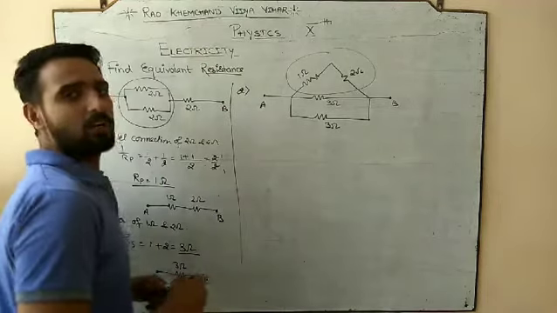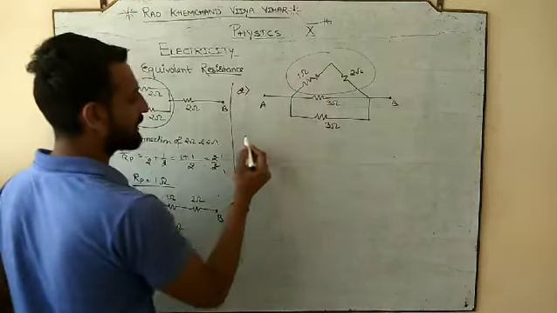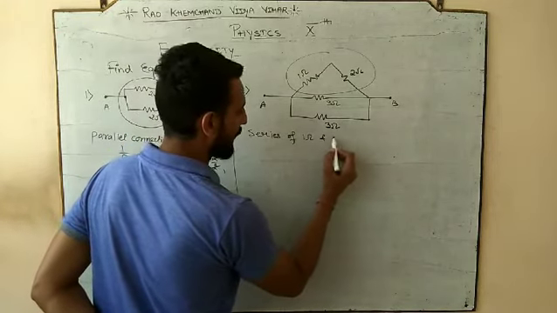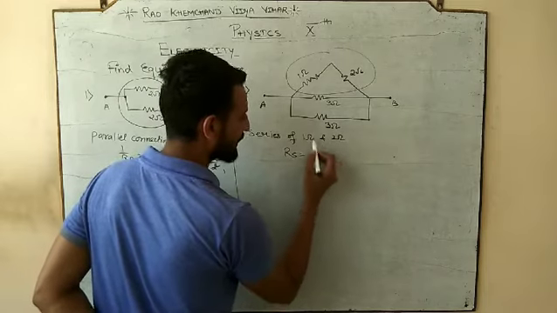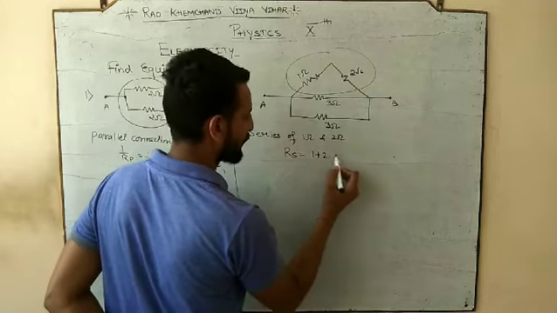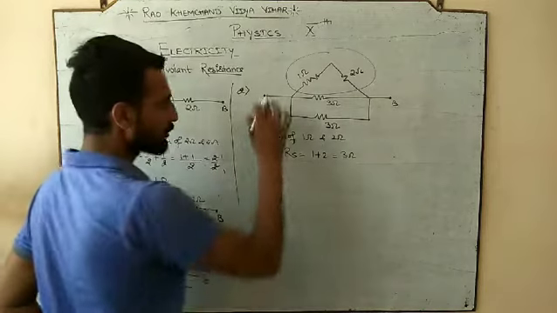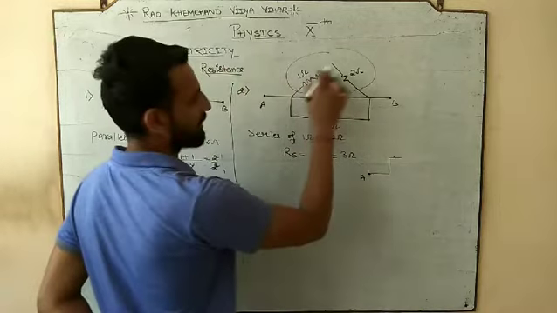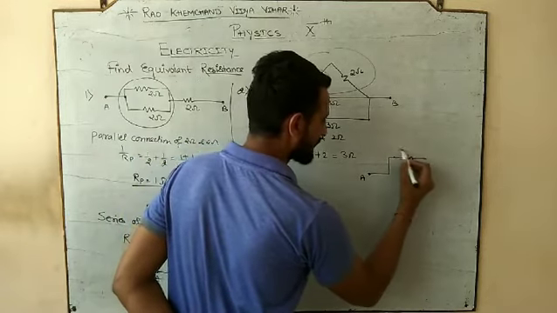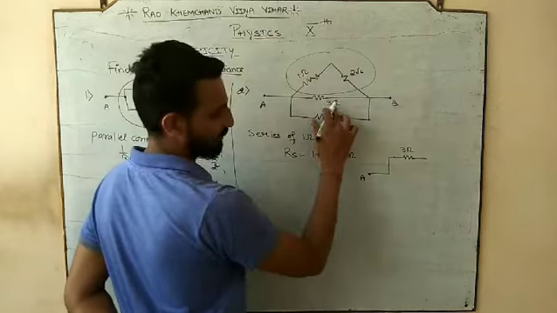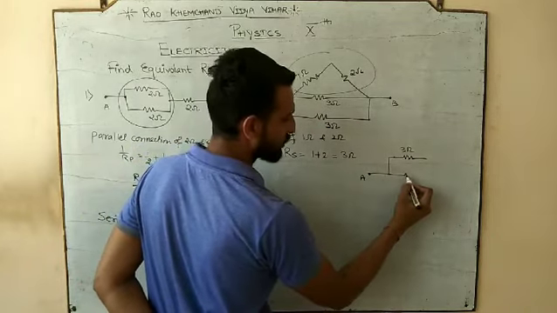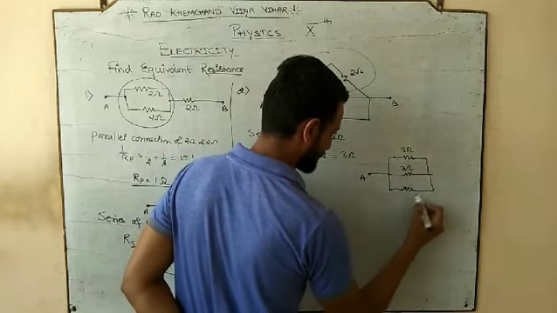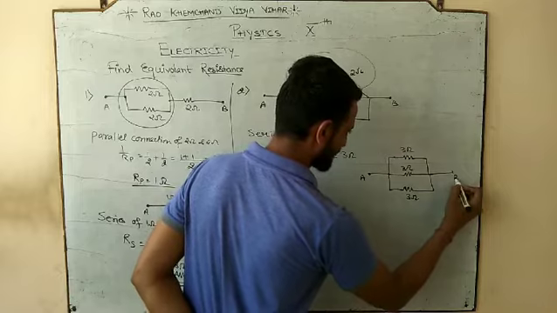So what are we going to do here? Firstly we are going to do the series connection. So what? Series of 1 ohm and 2 ohm. So what is the series? R1 plus R2. So it would be 3 ohm. So we will again redraw the diagram. Now, what is the result of 1 and 2 ohm after the series? This is 3 ohm. We haven't touched this. So this 3 ohm is as it is, and we also do not touch this. This 3 ohm is as it is, and this is the B.